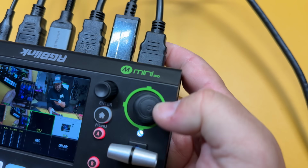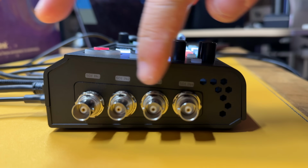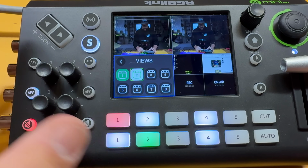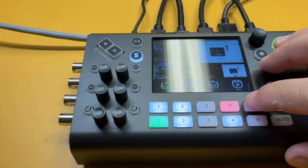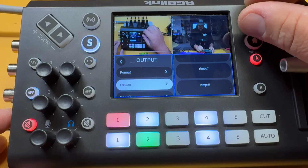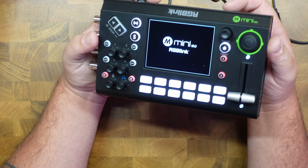So imagine a video switcher that can bring in 5 different sources: SDI, HDMI, but also PTZ camera control, a T-bar for transitions, picture-in-picture, 8 programmable scenes, custom logos, chroma key, touchscreen. You can stream simultaneously to up to 5 platforms. And yes, I could go on, but instead I'll say check out the RGB Link Mini ISO, a switcher designed